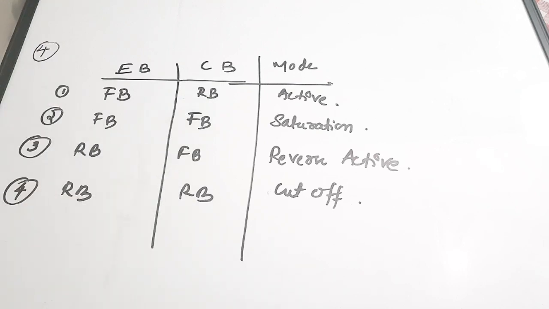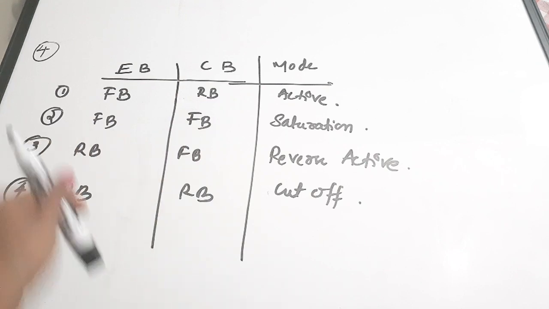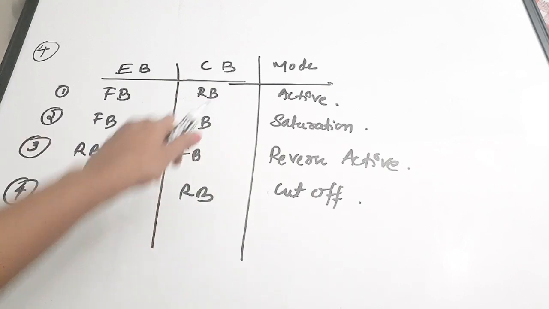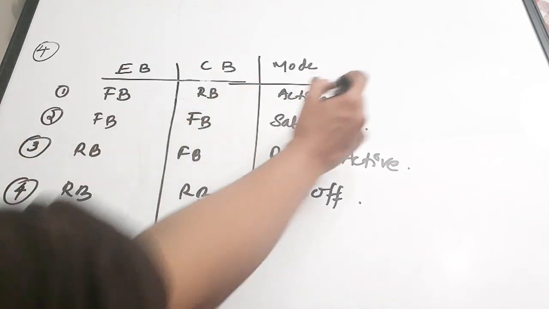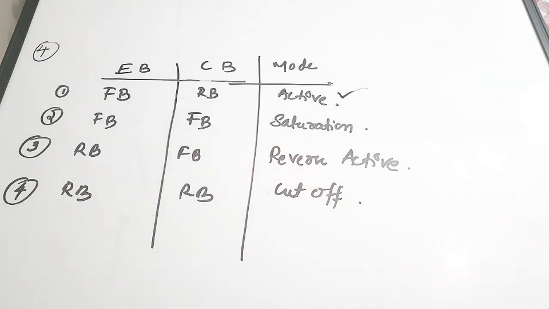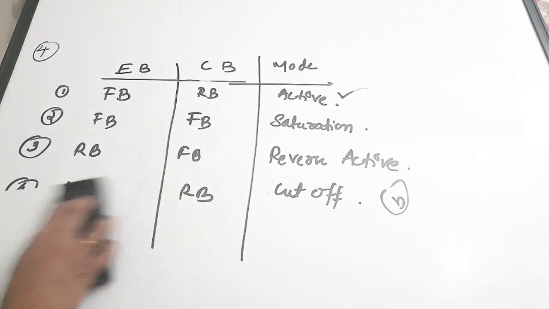Now in this question, when the collector junction means collector base junction, is reverse biased and the emitter base junction is forward biased, means it is a first condition given in the reverse form. First this is given, then this is given. Anyway, the mode or the region of operation is active region. So the correct answer is option B, which is active region. It is not inverted or cut off or cut in region. It is active region, which is option B. Okay, so moving on to the fifth question.